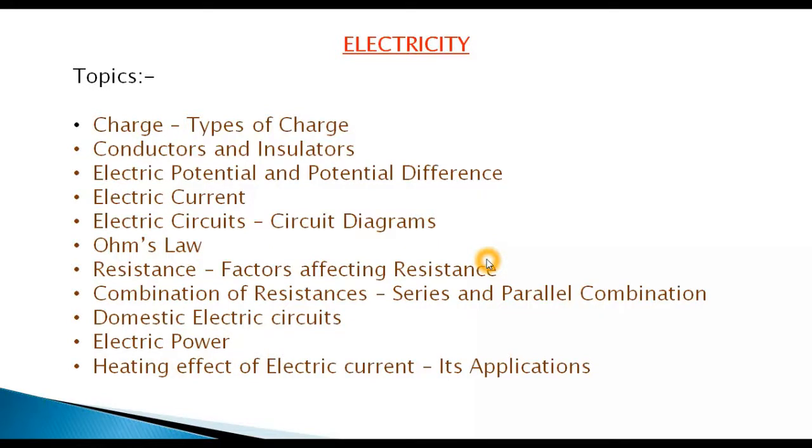We are going to start a new chapter of physics, that is electricity. Topics which we are going to discuss in this chapter are charges and its types, conductors and insulators. Then we'll discuss electric potential and potential difference, electric current, electric circuits, in which we'll discuss about circuit diagrams also,